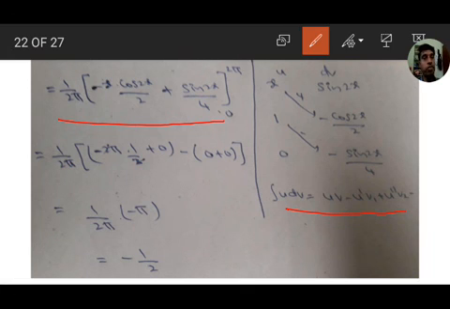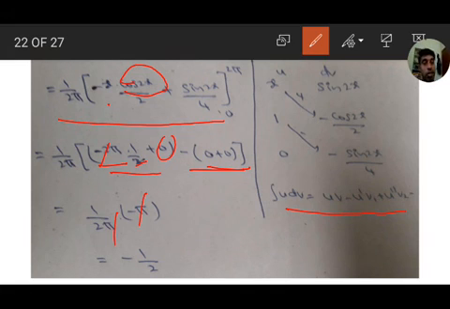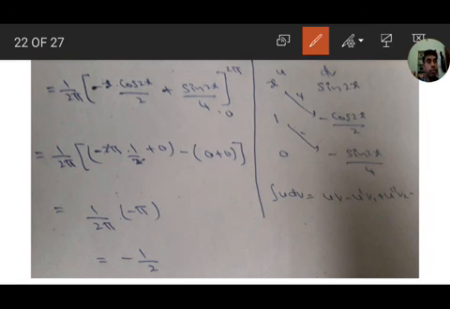So if we substitute the upper limit, minus 2 pi, cos 2n pi value is 1, so 1 by 2, and sin 2n pi value is 0. And if we substitute 0, 0 into something is 0, sin 0 value is 0, therefore 0. This 2 cancels. So 1 by 2 pi into minus pi, and pi cancels, we get minus 1 by 2. Okay. Next.